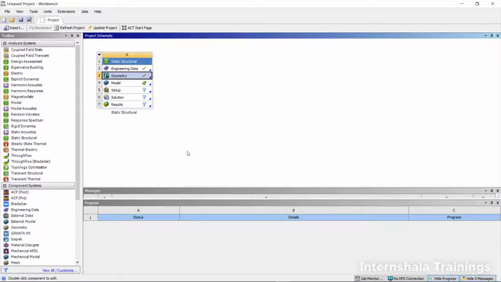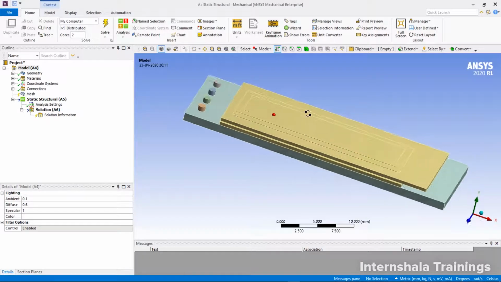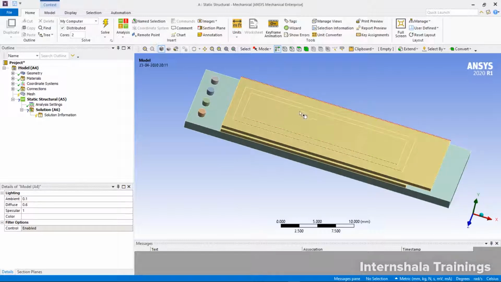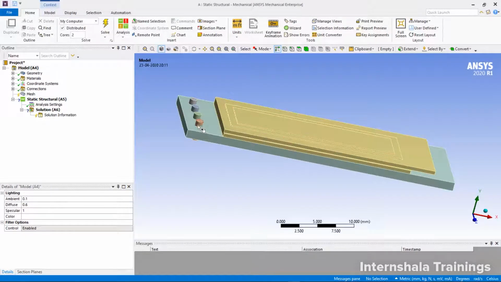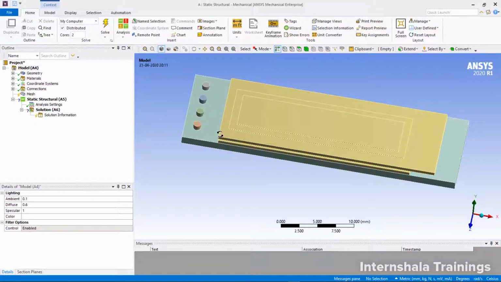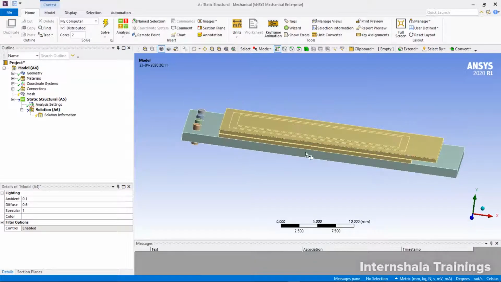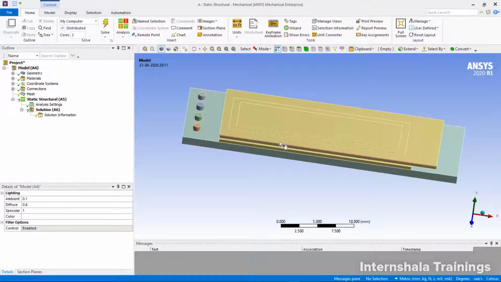And once you have loaded the required geometry, I will just double click on the model cell so that I can open ANSYS mechanical module. And once I open the ANSYS mechanical module, we'll see what automatic contacts have been created and other things. So now the ANSYS mechanical has opened. See, this particular object has a few number of parts. Let us say this is an IC circuit part where it is containing some pins, and this is the LED display and other things.